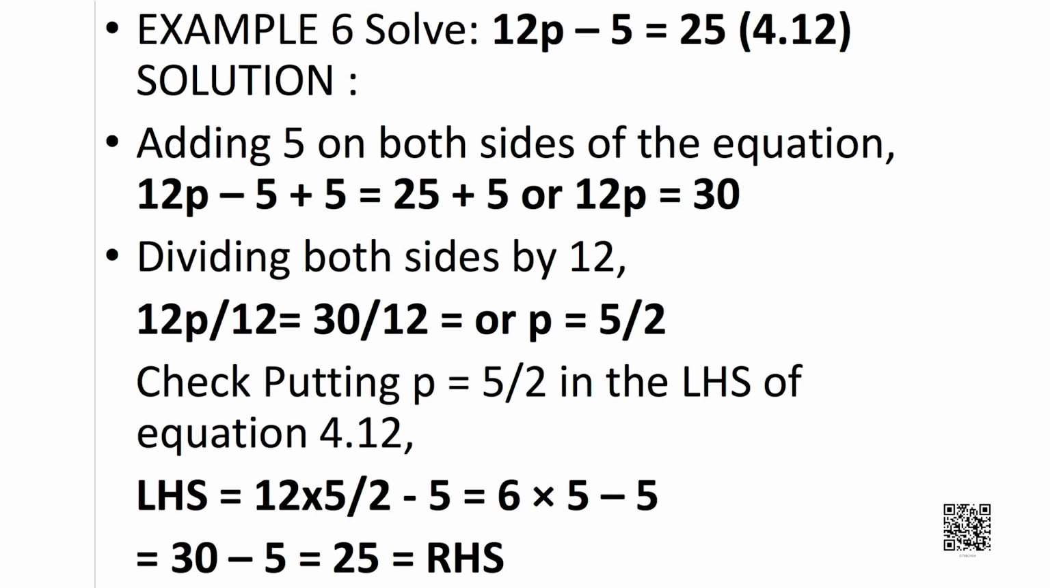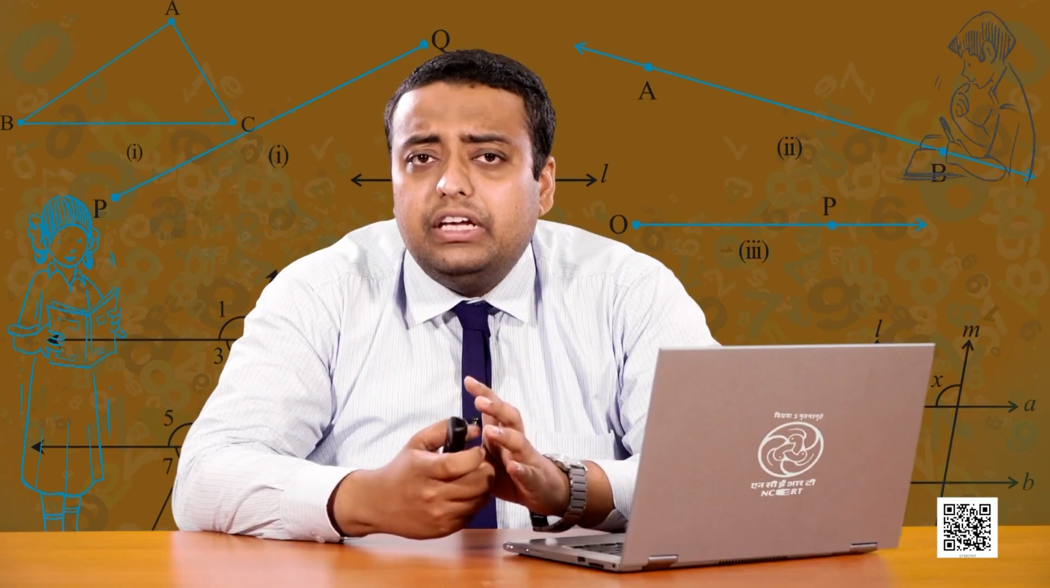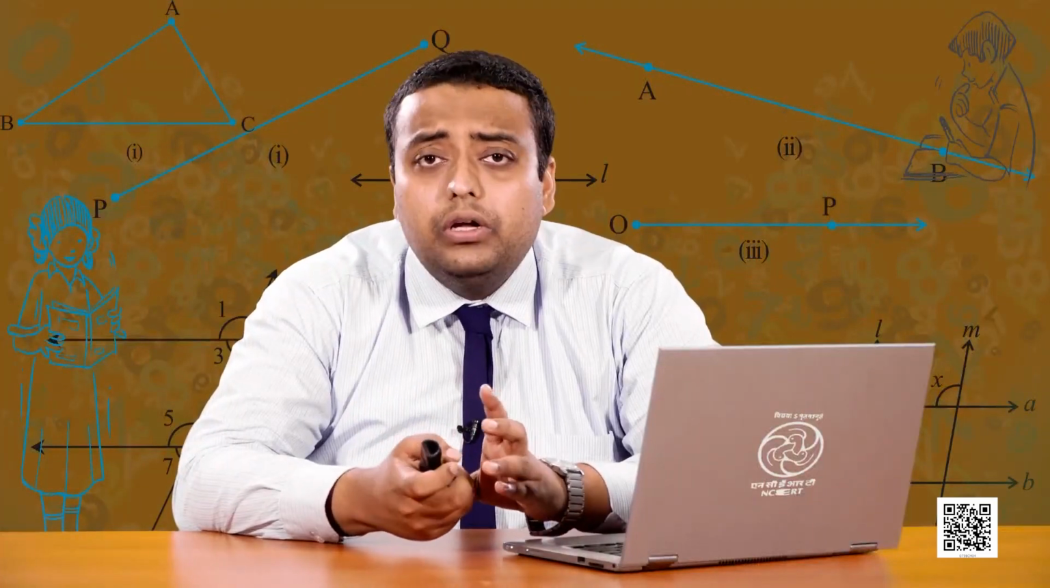Now, we will check it. We will put 5 by 2 in the LHS of the equation once again. So, the LHS will be 12 multiplied by 5 by 2 minus 5 is equal to 6 into 5 minus 5 is equal to 30 minus 5 is equal to 25, which is the RHS. Hence, it is proved. As we have seen, while solving equations, one commonly used operation is adding or subtracting the